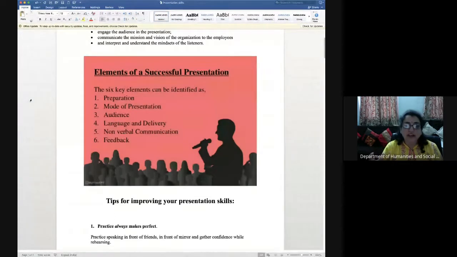If you are not doing anything, you just walk in from one side of the stage and leave from the other, the way you walk, the confidence you have, and the way your gestures and postures are, the audience can try to understand what type of personality you have. So that is what non-verbal communication is, where you are not saying anything, but your gestures, postures, and body language try to convey some meaning to the audience, right? Similarly, it could be attitude or behavior.